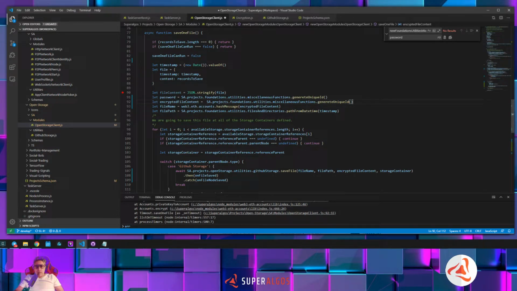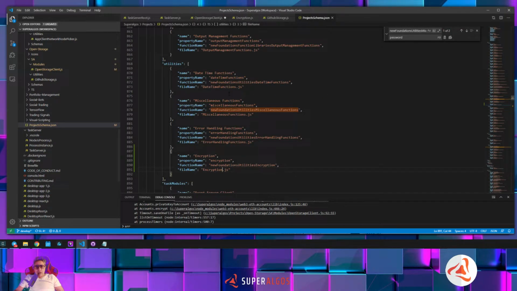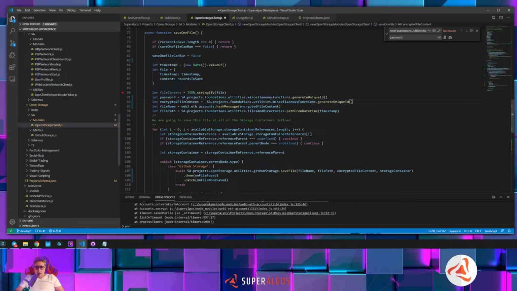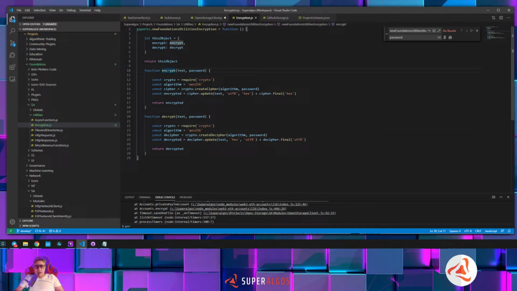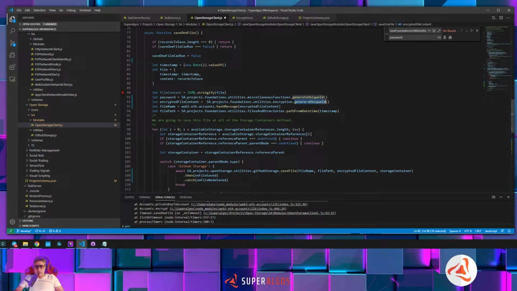But here, instead of my miscellaneous function, we're going to use this. The property name is what comes here, and the function name is encrypt. So text and password is file content,